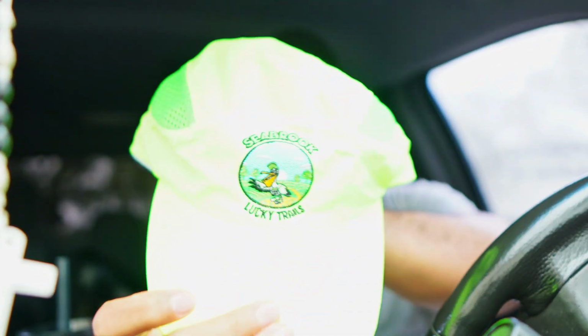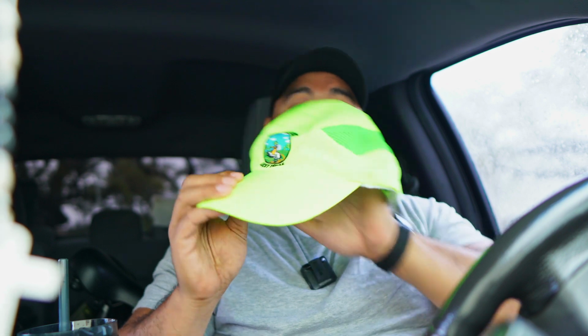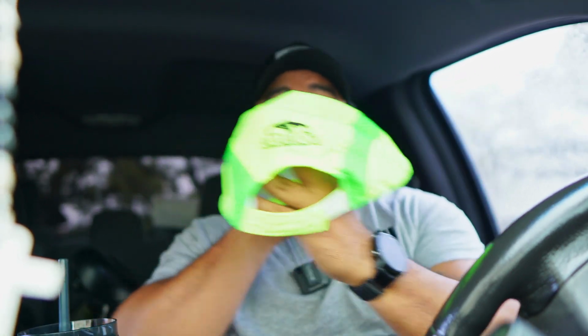All right, guys, so today I'm checking out the Seabrook Lucky Trails. Y'all can see this is the hat, Seabrook. It's a little bit overexposed, but this is a town of about 12,000 people. It's a nice little fishing town, a lot of houses on the water. NASA's just down the road, and I wanted to check out Seabrook today because the Seabrook Lucky Trails is happening